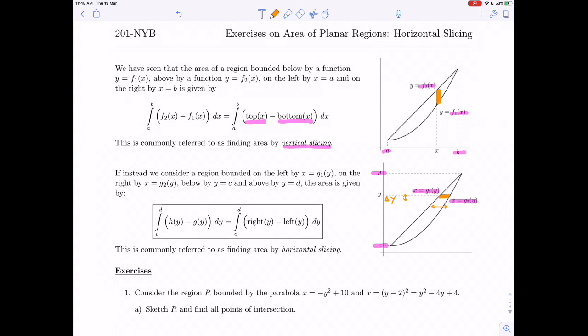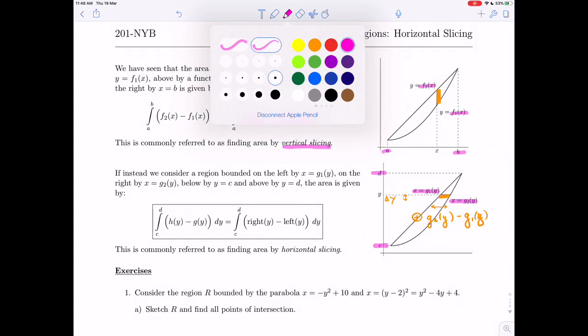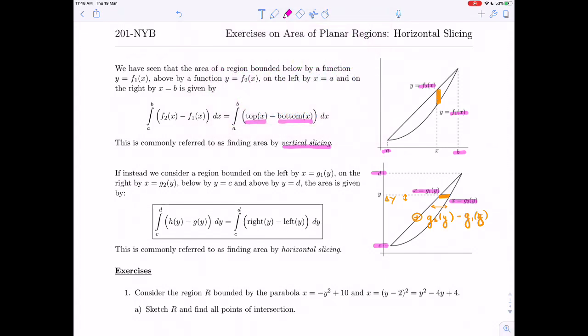And if we want that height to be a positive value, then we're going to take the greatest value, which is the rightmost value, or g2 of y, minus the leftmost value, which is the lowest value, and it is g1 of y. So without going through the exercise precisely, we can imagine that a formula using Riemann sums could be developed that would end up giving us the area of this region as the integral from c to d of